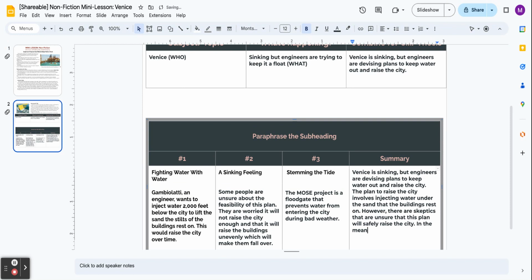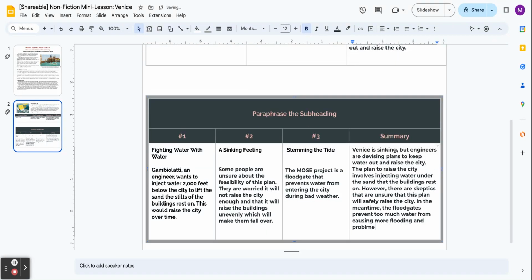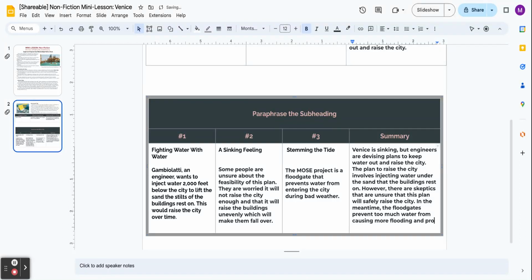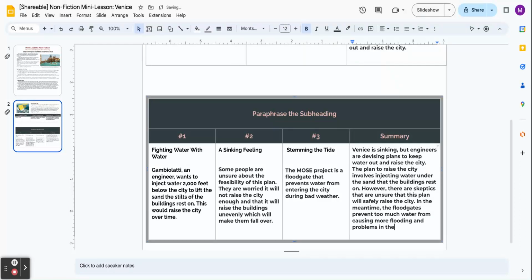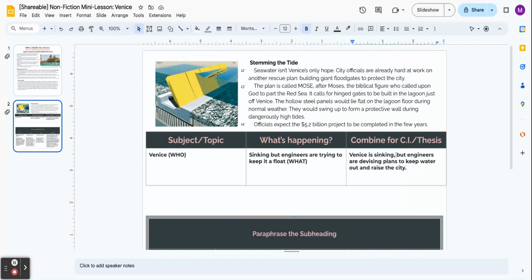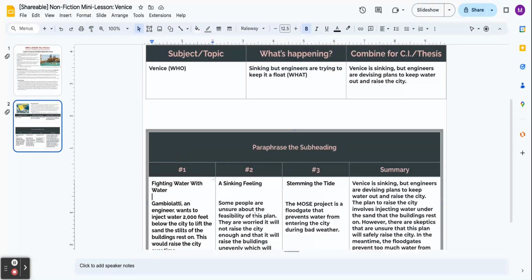In the meantime, the floodgates prevent too much water from causing more flooding and problems in the city. All right, I now have a 4-sentence summary based on my controlling idea and a paraphrase of